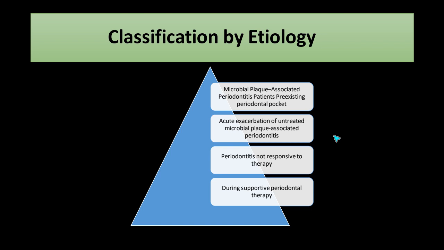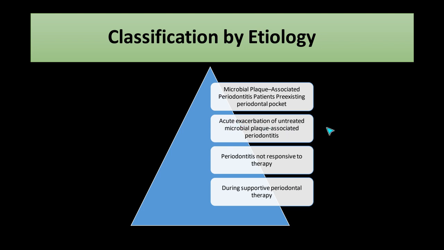For example, we have a patient who has a persistent periodontal pocket over a period of time, when this periodontal destruction becomes chronic and the disease activity switches from inactivity to activity,